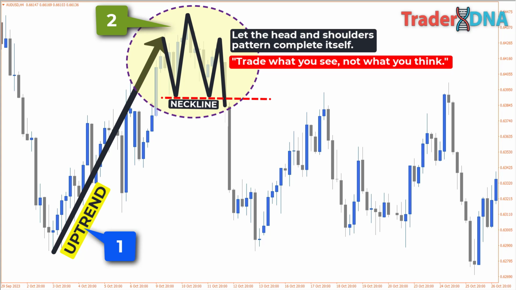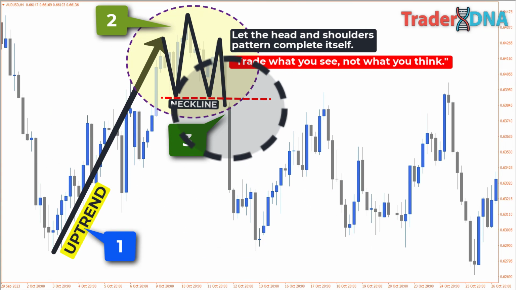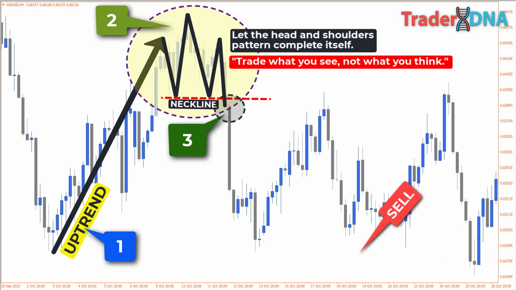Step 3. Trade the pattern. Trading can commence once the pattern is complete. Plan your trade in advance, write down entry targets, stop loss, and profit, and note any variables that may alter your stop loss or profit targets. For the head and shoulders pattern, we wait for price action to move lower than the neckline after the peak of the right shoulder. For the inverse head and shoulders, we wait for price movement above the neckline after the